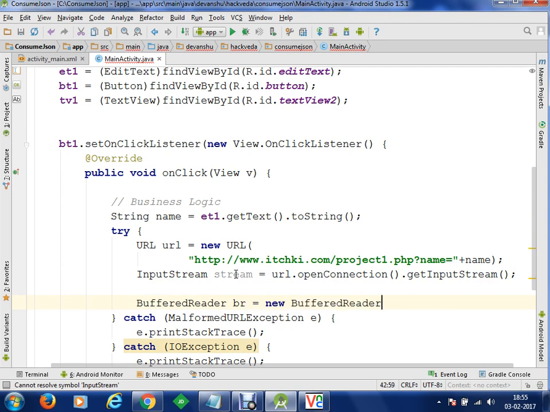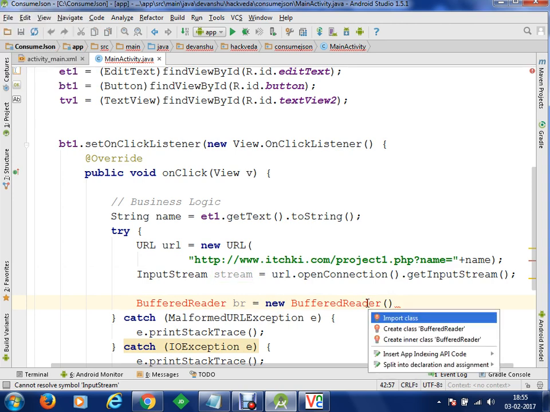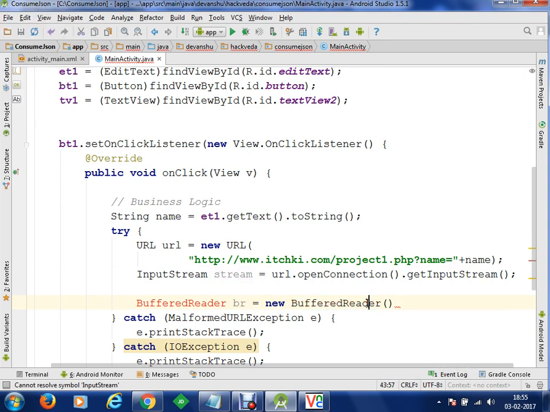With this buffered reader, it can read data from an input stream reader only. So now we have to pass an instance of input stream reader here.